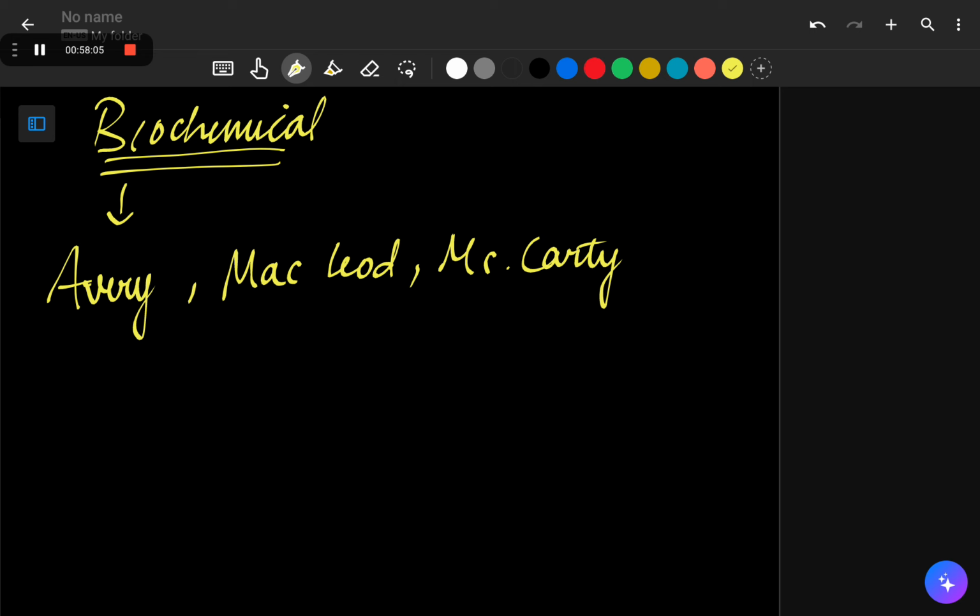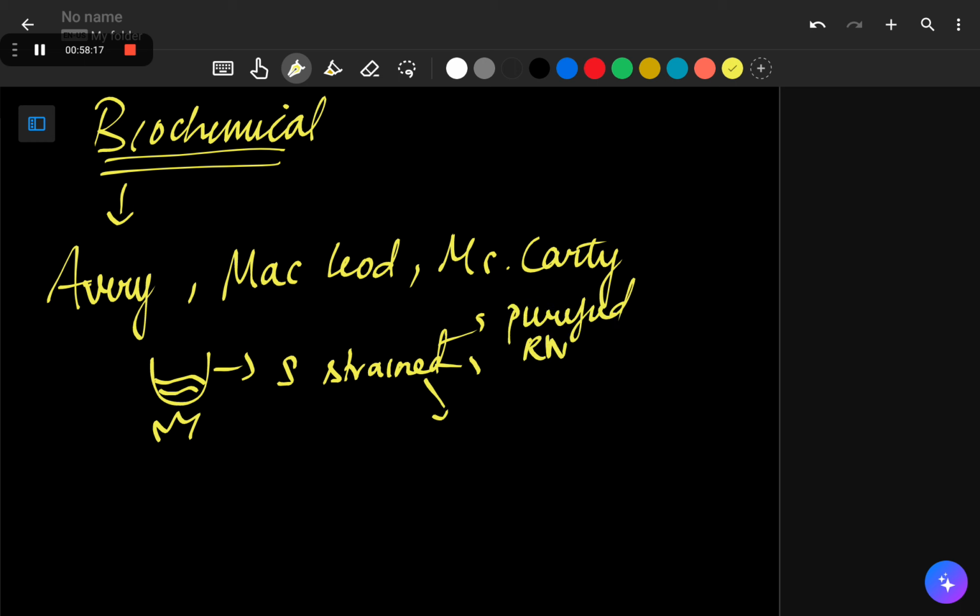They took heated S strain bacteria alone, and they purified three components: RNA, DNA and protein. Now they checked individually which one was causing that virulent factor. They took individual RNA, individual DNA, individual protein, and then injected them to check which of these three factors was actually transforming that hereditary material. They observed that whenever the S strain DNA was not inserted into the R, the mice lived. They also discovered that the protein digesting enzyme, proteases,